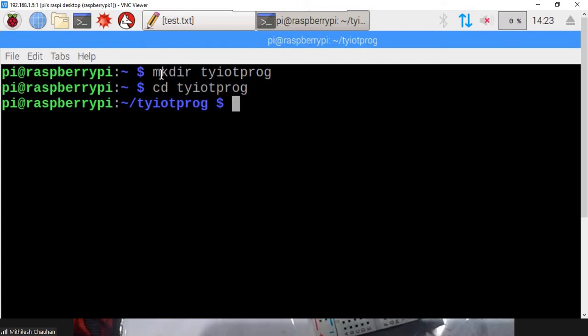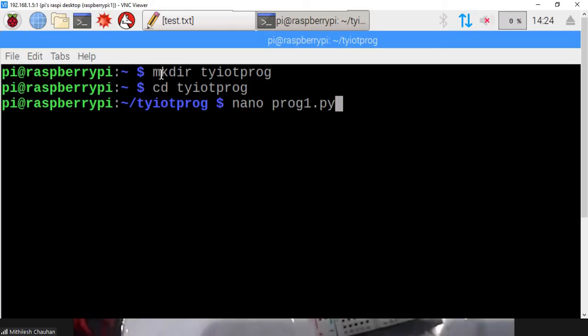Now in that folder, I have to create a file, a Python file, say prog1.py. So to create a file, we will type nano and prog1.py. Now this nano is an editor.